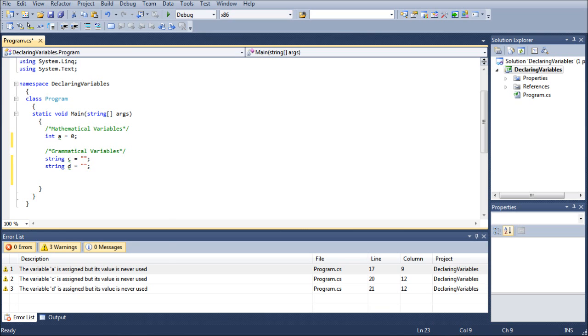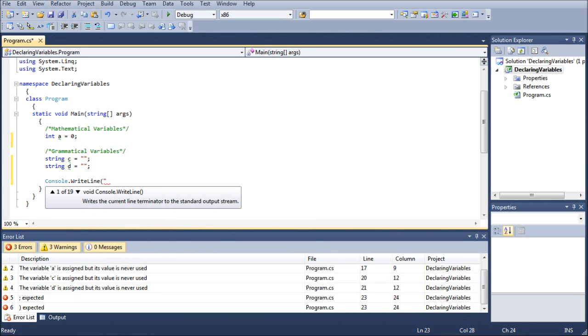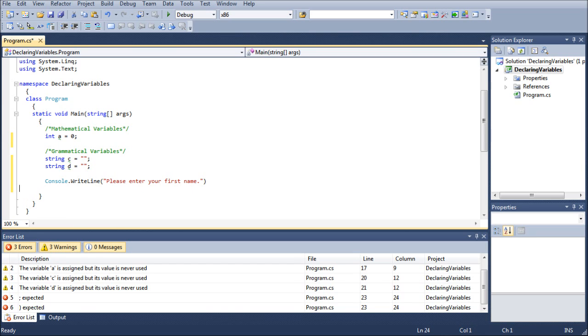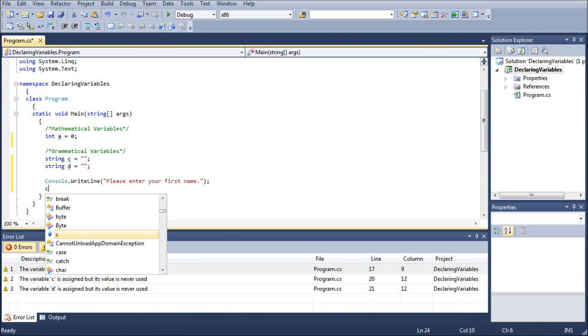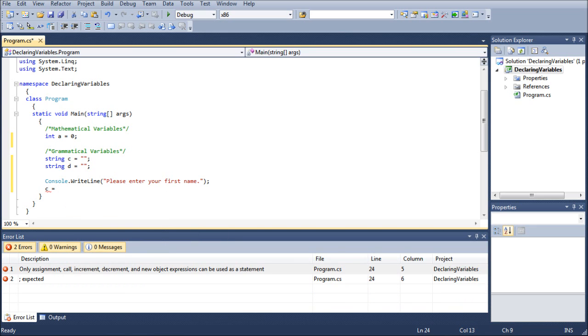We'll start off with a nice Console.WriteLine. As you can tell, much like Small Basic, the program is filling in the lines that it can predict as I'm typing them out, so that it saves you time and allows you to get a full grasp of all the different utilities that you can use yourself. Please enter your first name. Oops. Yeah, that's one of the downsides of that, it kind of jumps to conclusions on occasion. Then we're going to do this as C. We're going to assign this to C. C equals